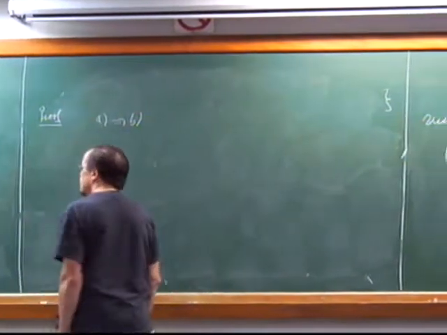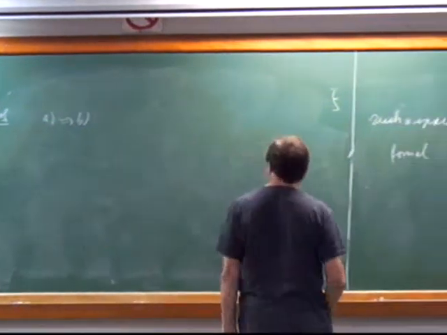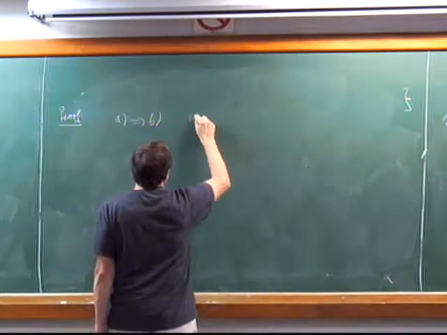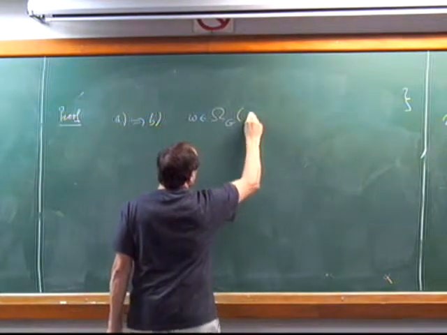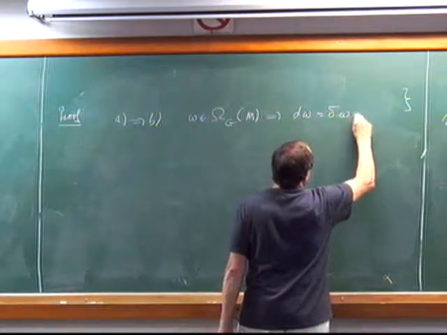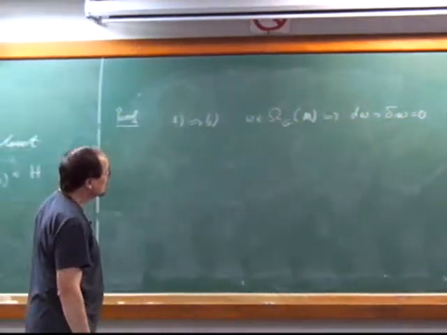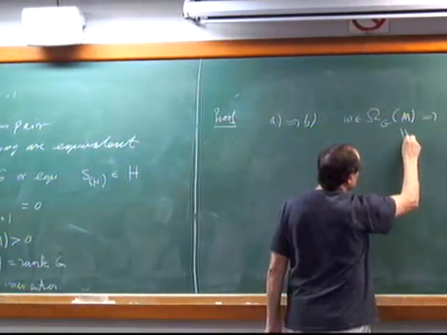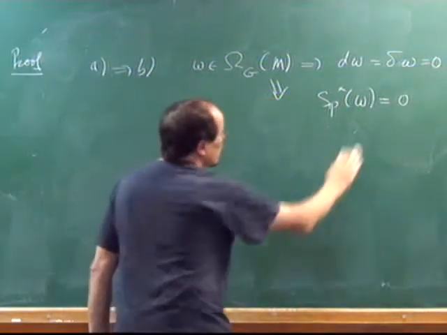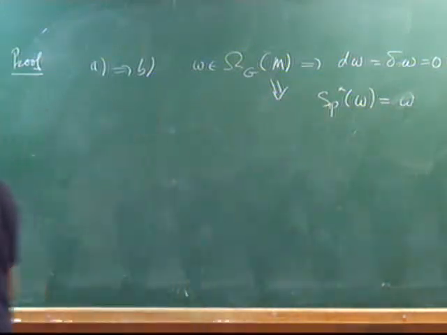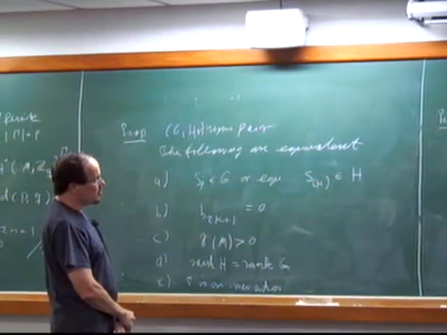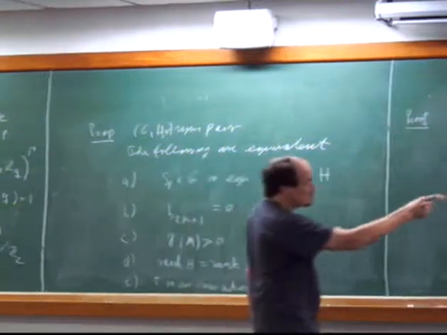A implies B was the theorem over there, right? So omega I can assume is G invariant, and this implies omega delta omega is equal to 0 by this argument over there. So this means that the symmetry also keeps omega invariant, because the symmetry lies in G, and it's sufficient to look at G invariant forms to compute the de Rham cohomology. And so then this argument over there implies that